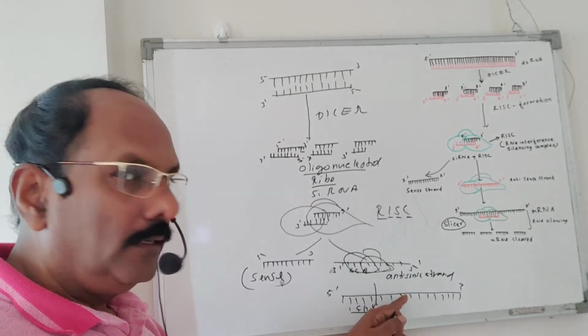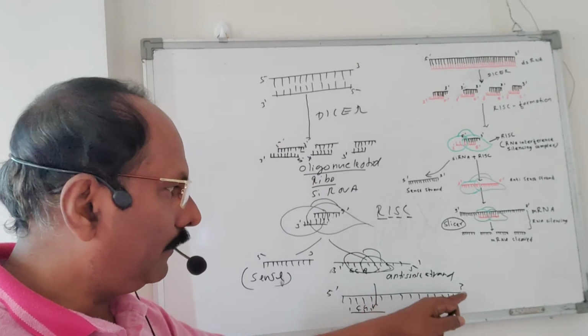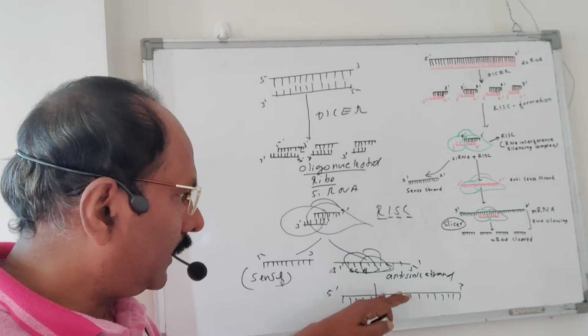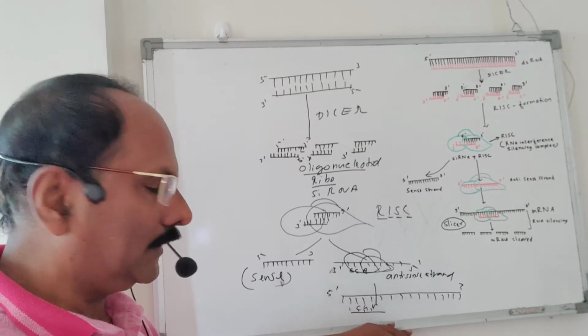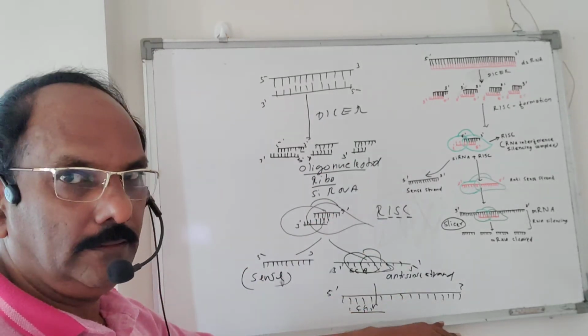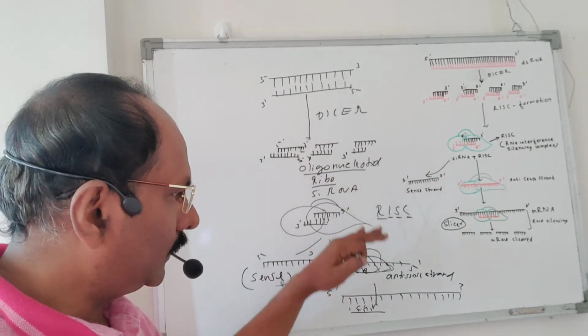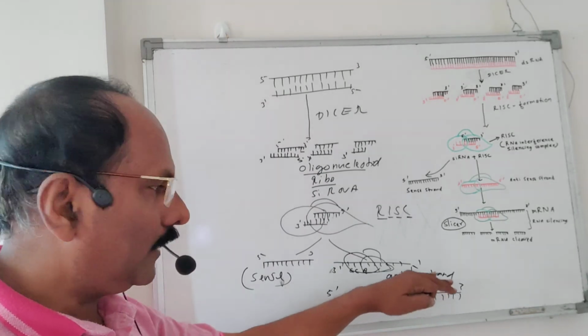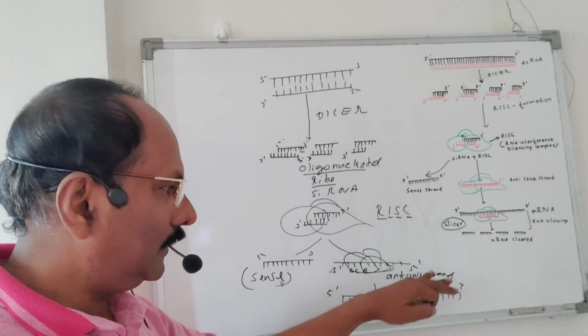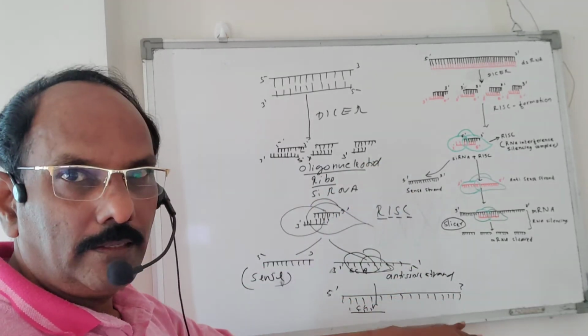So the proteins for which the mRNA has to be prepared become unavailable in the cell. So this is what actually happens: the RNA is a silencer. That is the reason this process is known as RNA silencing. So RNA is used to silence the mRNA. The mRNA has to produce a particular protein, but that protein cannot be synthesized. So that is the reason it is called RNA interference.